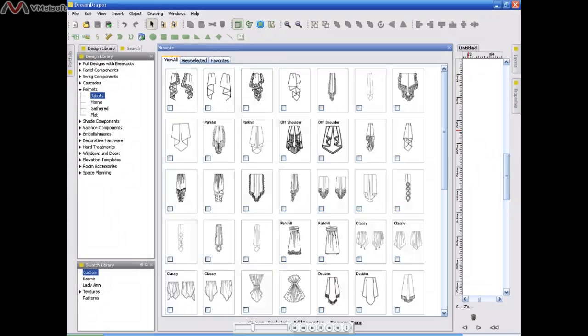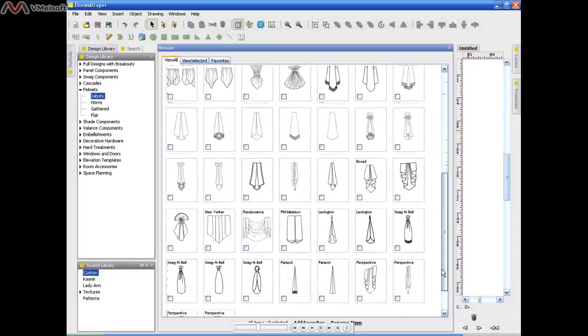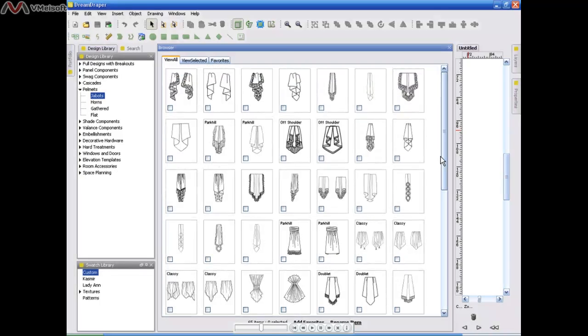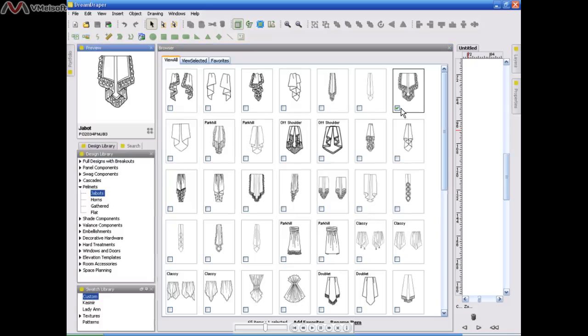And if you look down here at the bottom of the screen, you will see that in this particular category, we have 65 items to choose from. And if you wanted to narrow down that selection, you could start clicking on and selecting particular thumbnails that you might want to view. You might want to view that one, and this one, maybe this one, and we'll say